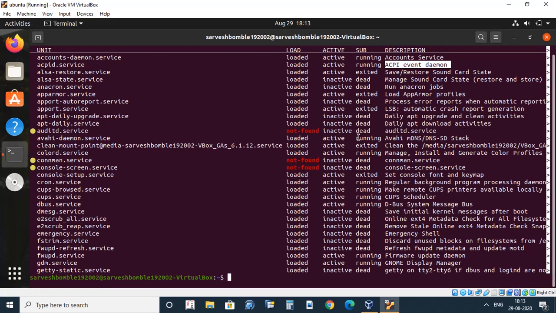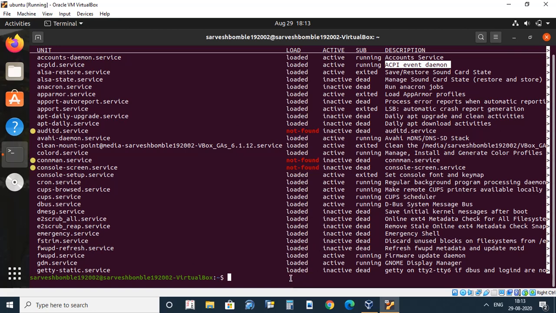In Ubuntu, some commands are different as compared to the Red Hat flavor. Red Hat is one of the most popular flavors of the Linux operating system, but it's very heavy software. That's why most of us prefer Ubuntu.